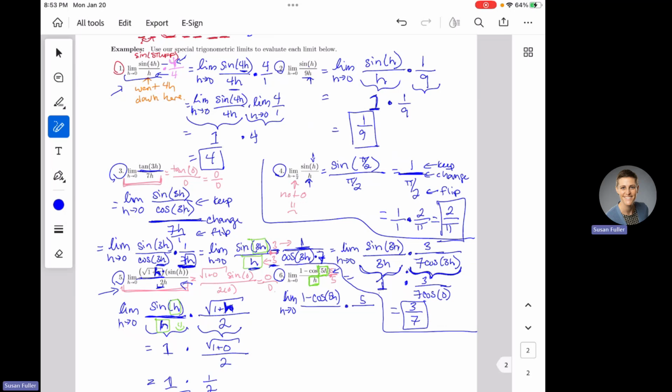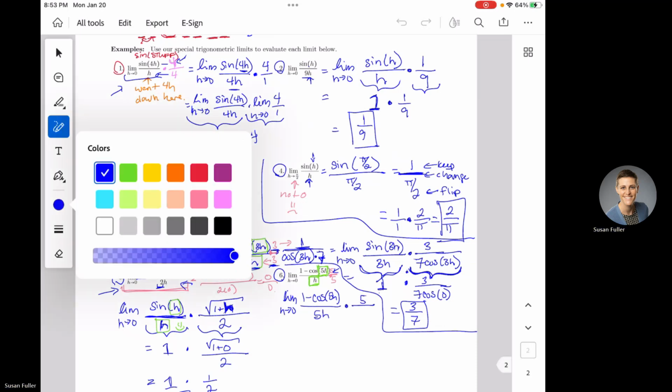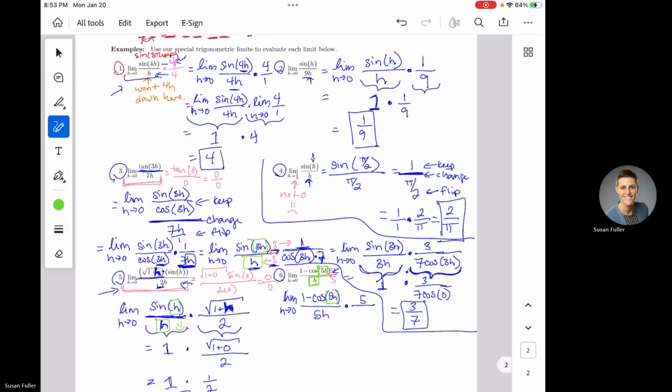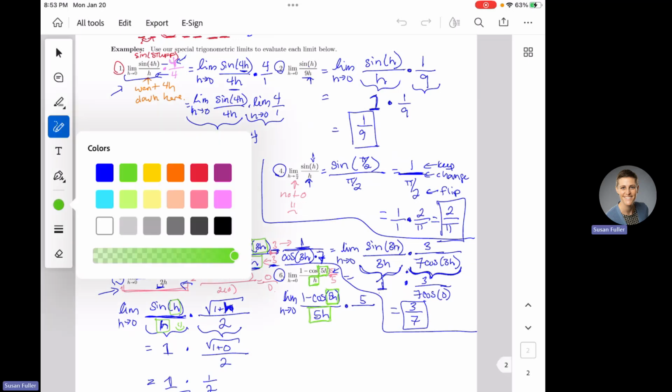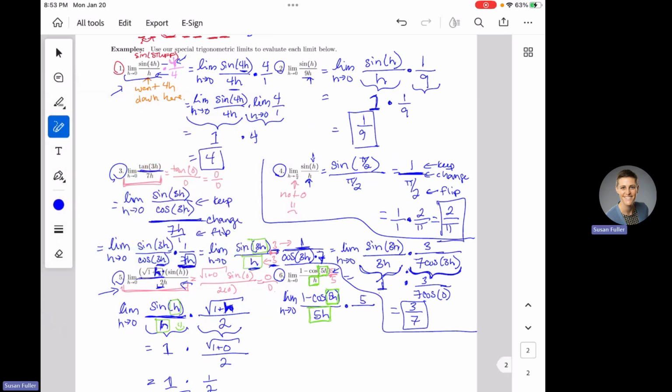So that's everything on top I have organized. And then on the bottom, I have an h and a 5. I want both of them over here as part of my gift to make sure that what is in here matches what is down here. Now these match. This is going to be a gift, and both my 5 and my h went over here. I don't have anything left on the bottom, so I'm just going to put a 1 in my extra stuff because I don't have anything else left.